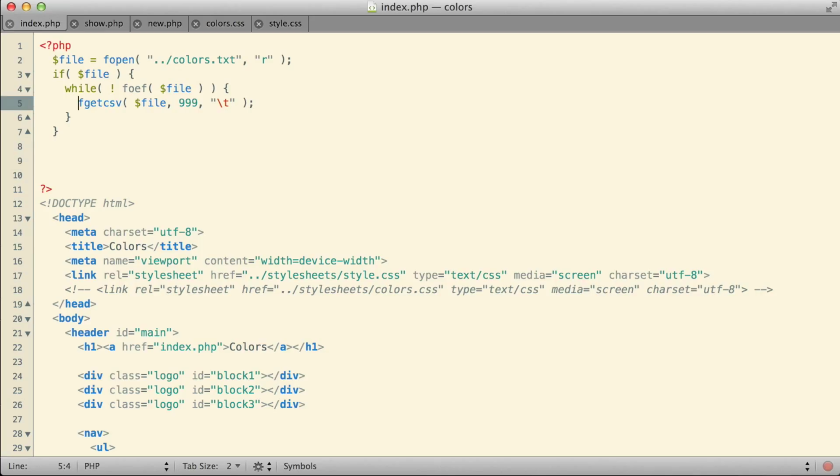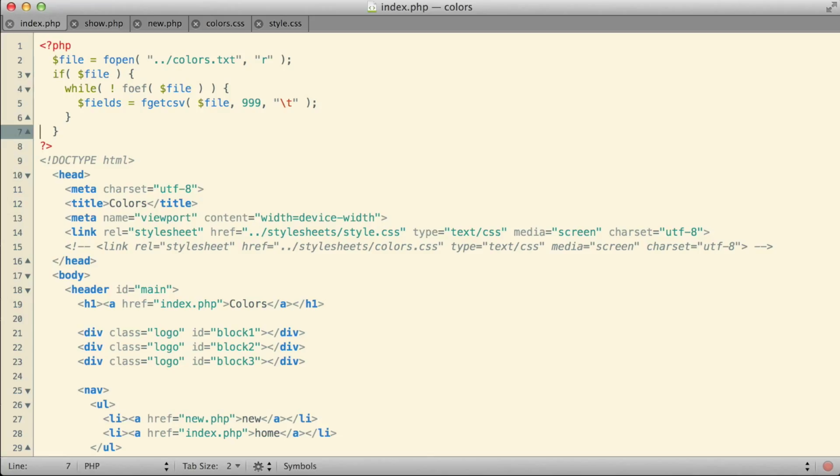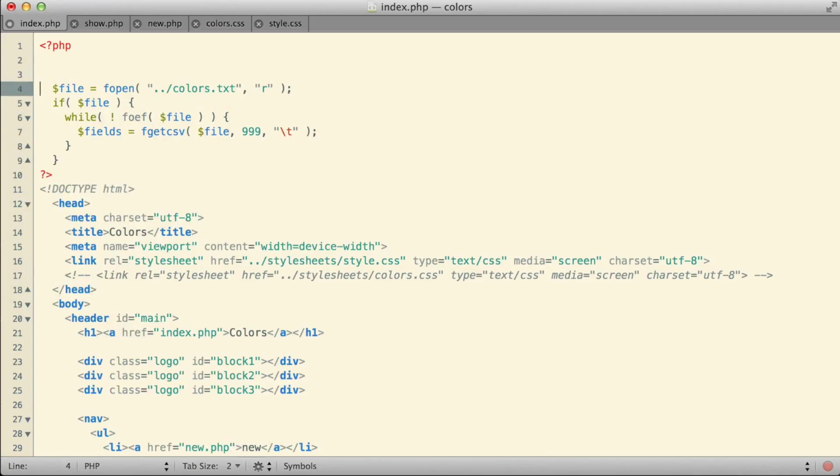Every time I call that, that will give me back a set of fields, which I'll then be able to work with. In this particular case, what I'm going to want to do with those fields is store them temporarily. I'm thinking in an array, so that I'll have that array available to use down in the body when I'm ready to display or work with that data in some way. So back up here at the top of my block, let me create a new array. I'm going to call it colors.